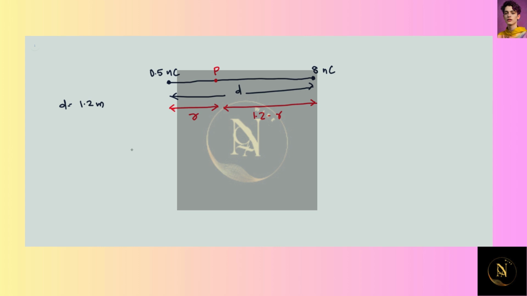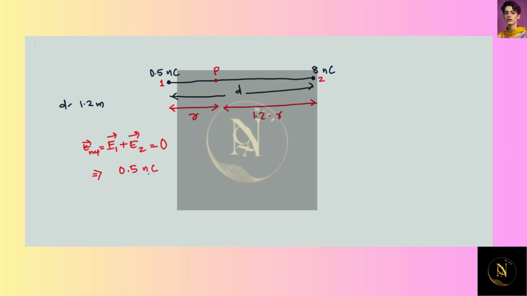Now, since over here electric field is 0, so we have E1. Let's call this point 1. Let's call this point 2. So E1 vector plus E2 vector will be equal to 0, because this is the net electric field at point P. So this means, let's calculate each of these fields. So E1 will be equal to